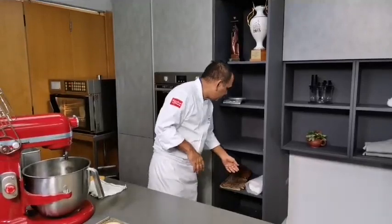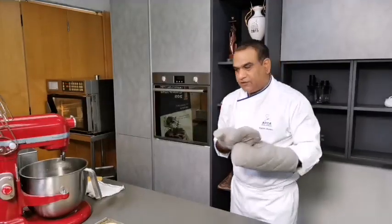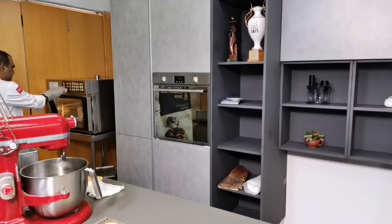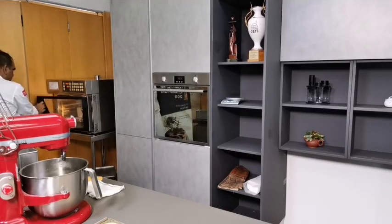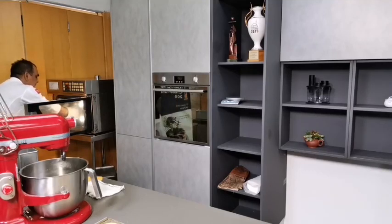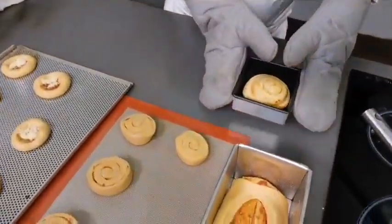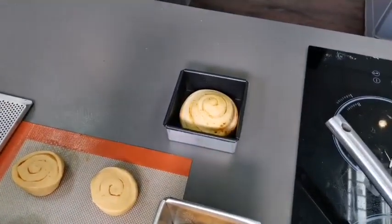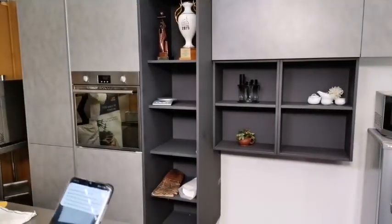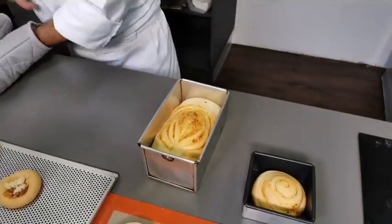Because it's a live demo, I would like to show how this bread looks in the middle of the baking, so at least you can have a look. Since it's only for the live demo, I can show you how the bread looks in the middle part of that. You see, it's not fully baked. So what I'll do is